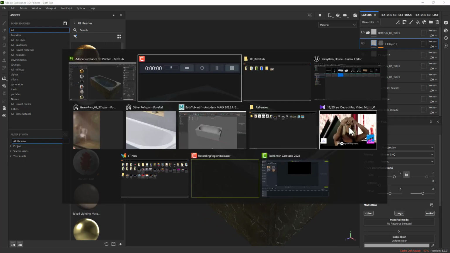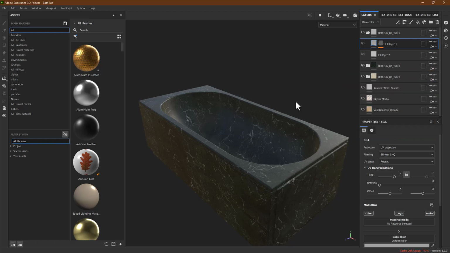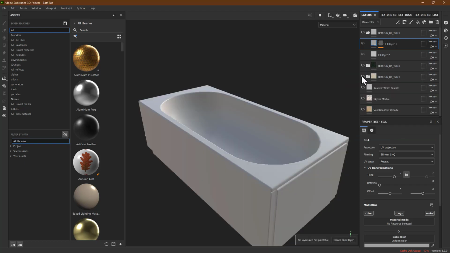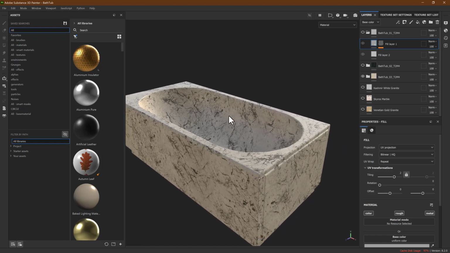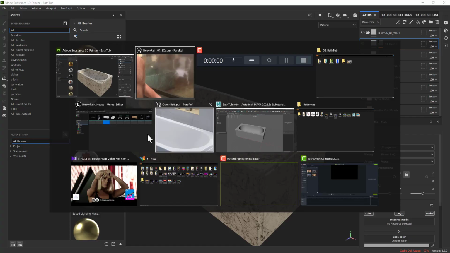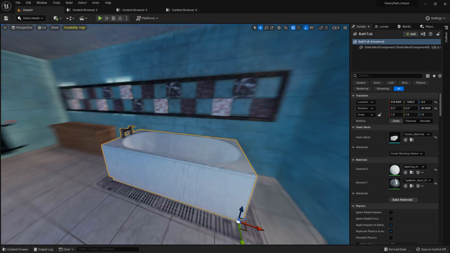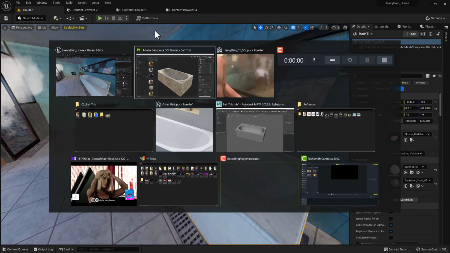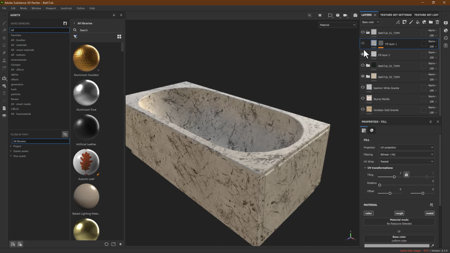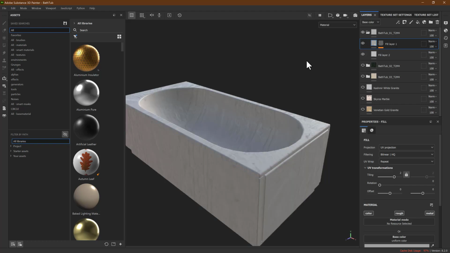One is like the HeavyRain, because as you see it's green marble, and I did another one like this. But all in all, after I put it in Unreal Engine, I decided that this one looks more realistic, maybe this one or this one. So yeah,